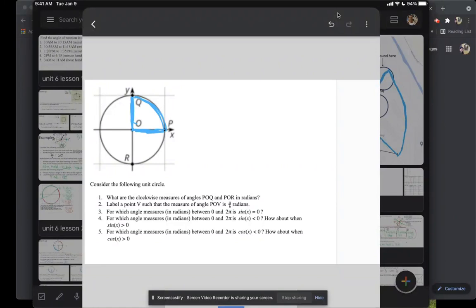And notice it goes P to O to Q, which makes it a counterclockwise rotation. Counterclockwise rotation means that this is a positive angle, and this angle is obviously going to be a positive 90 degrees. So angle POQ